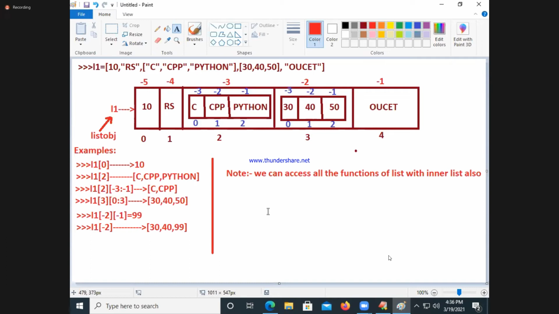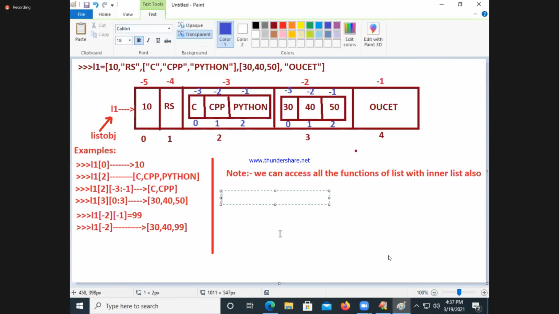You know forward indexing, backward indexing, that is a story already done. Still, if you want any small example for inner list accessing, I can write it.